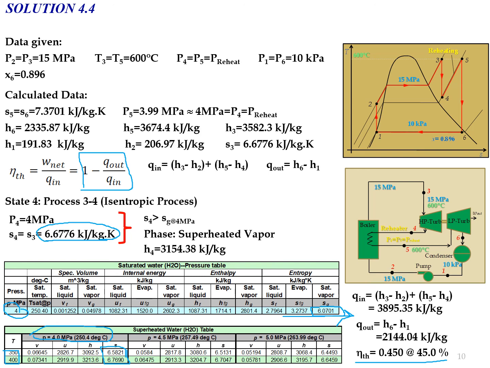First, you need to understand this TS diagram. You need to know that state 1 is exactly at the saturated liquid line, and state 6 is close to the saturated vapor line, and you need to know the quality of the mixture. You need to know the operating pressures, the constant pressure processes here, the heat addition process and the heat rejection process. And you should know that process 1 to 2 is isentropic, process 3 to 4 is isentropic, and process 5 to 6 is also an isentropic process.